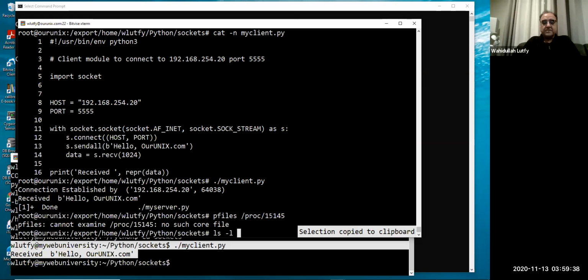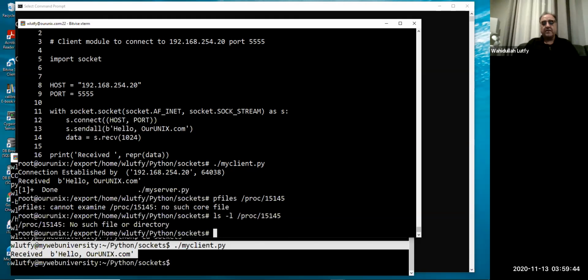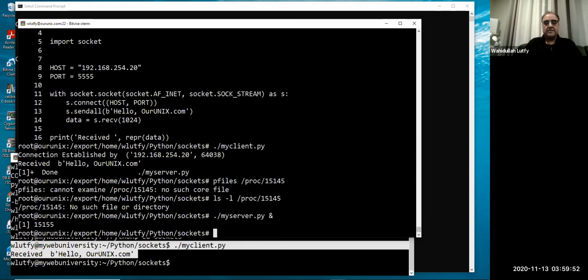On the proc file system, everything else is there, but that's a pseudo file system, but this one is not there. You can see that. So next time I run the same my server here, if I run the same one in the background, I get a different process ID here. Notice that now that process ID on the proc